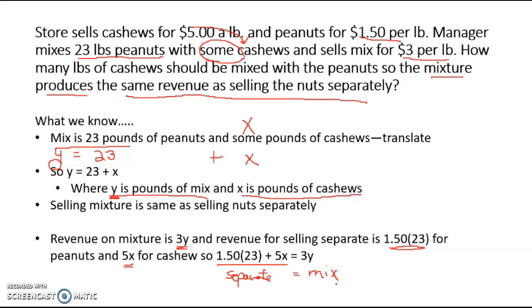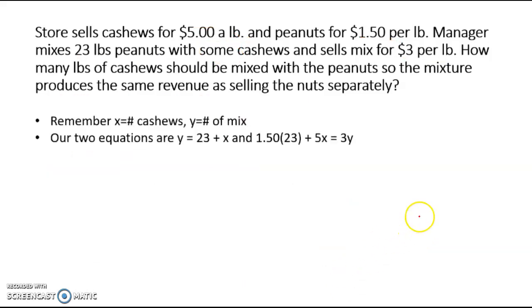Now this is all of the preliminary work that we have to do in order to solve the system of equations. But now that I have two equations, I'm able to solve that system. Now remember, X is the number of pounds of cashews. Y is the number of pounds of mix. And if you remember, I've told you this is a clue. When you have Y equals, that means substitute. So take your 23 plus X and put it in your other equation, your second equation, anywhere that you have a Y. So that means we have